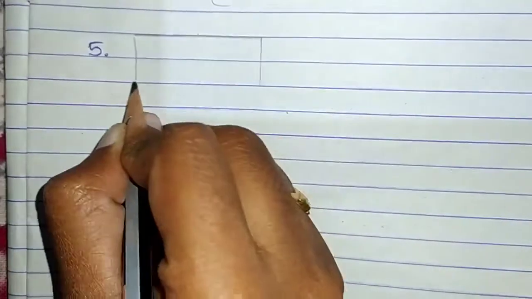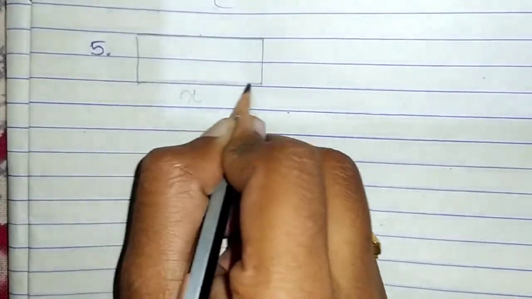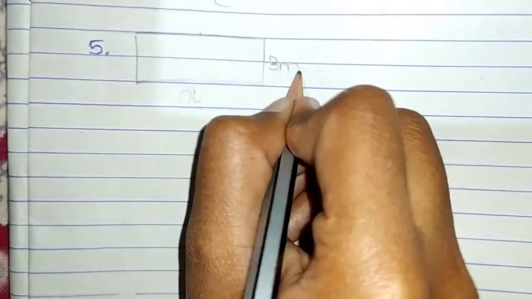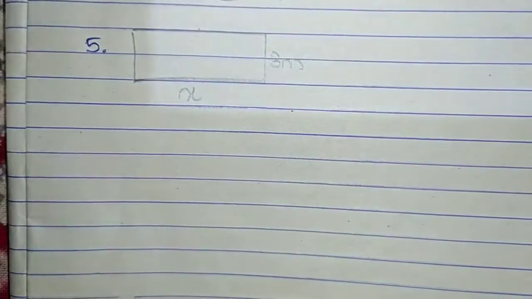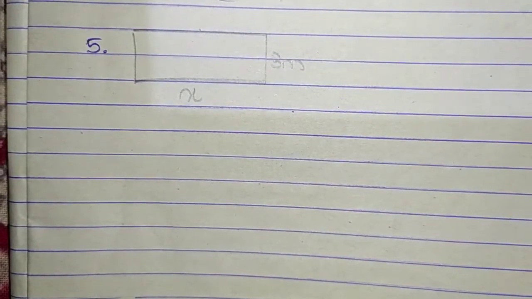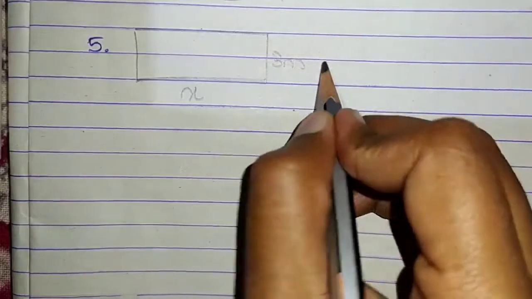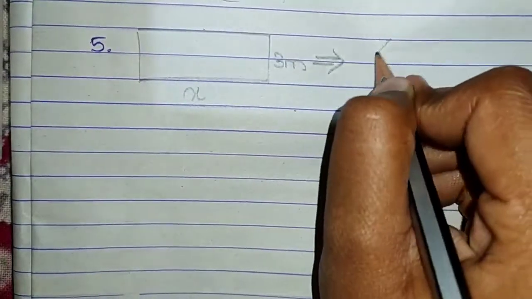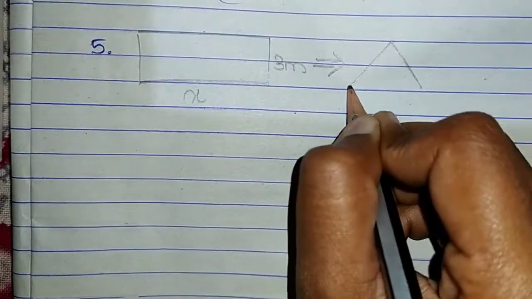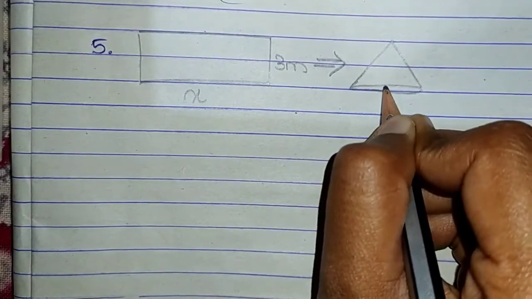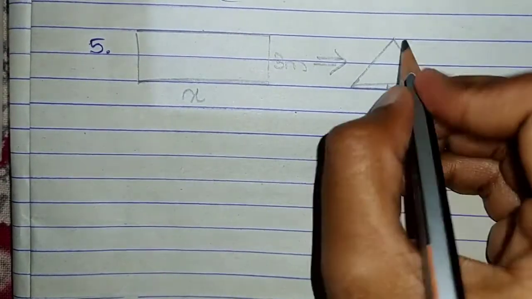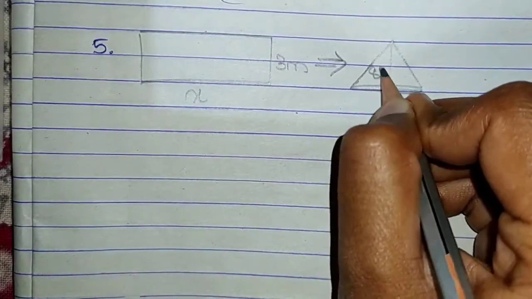Coming to the fifth question of exercise 13.3. What is the length of a tarpaulin 3 meter wide? So we have a tarpaulin whose length is x, we don't know, we have to find it, and its width is 3 meter, and this tarpaulin has been transformed into a right circular cone or a conic tent. So the height and the radius of that conic tent have been given to us. The radius of the tent is 6 meters and its height is equal to 8 meters.